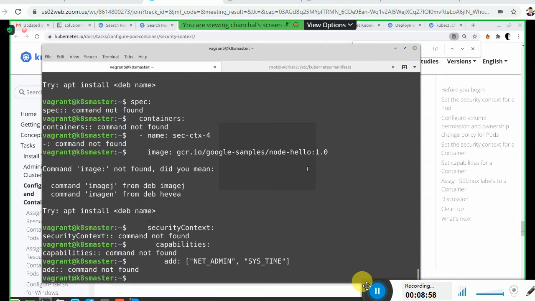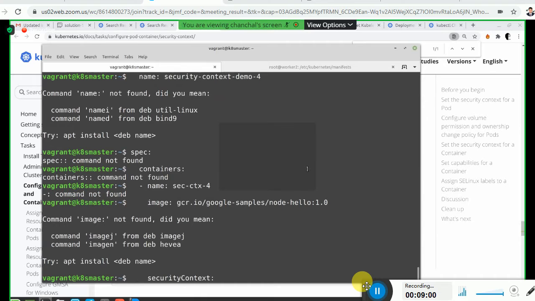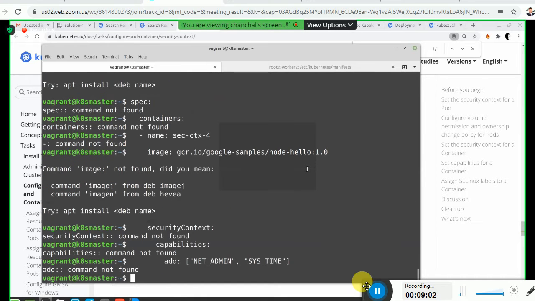You were telling that the code for making the busybox pod, the YAML file, will also be provided. In some cases it will be provided. In some cases it would not be, because you are expected to know. That's why I am providing all these links. Even if the code is not provided, you can find it on the documentation pages.